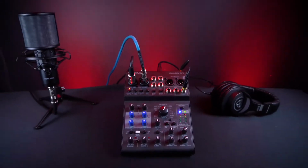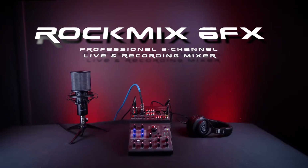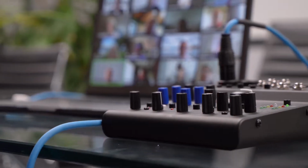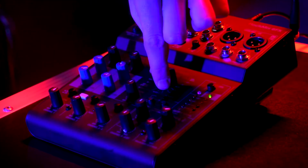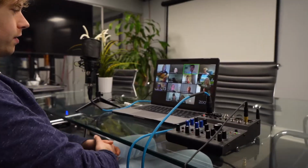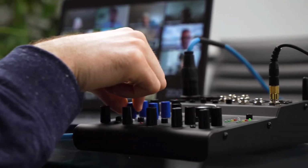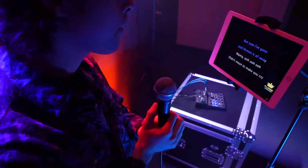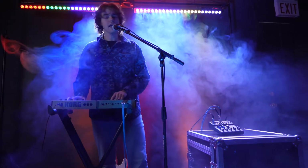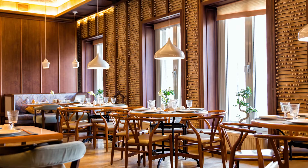This is the ROCKMIX 6FX professional 6-channel live and recording mixer with a USB interface, Bluetooth, EQs, 16 DSP effects, and more. This portable mixer can be used for a variety of different applications, from Zoom calls, multi-person podcasting, Twitch game and live streaming, conference meetings, home studio recordings, for karaoke, as a live mixer for open mics and acoustic performances in coffee houses, or as a mixer to play music in a gym, a restaurant, a party hall, or